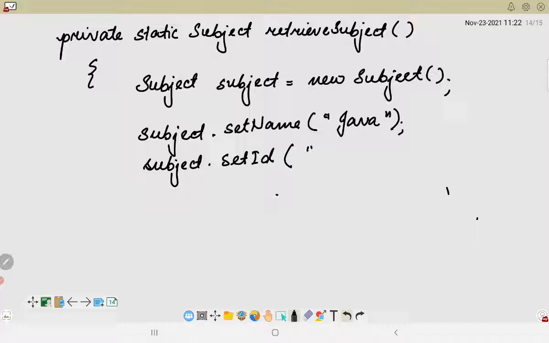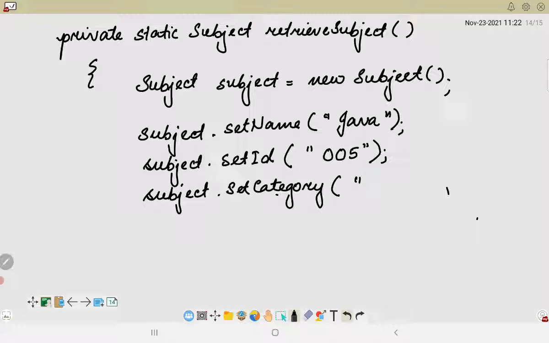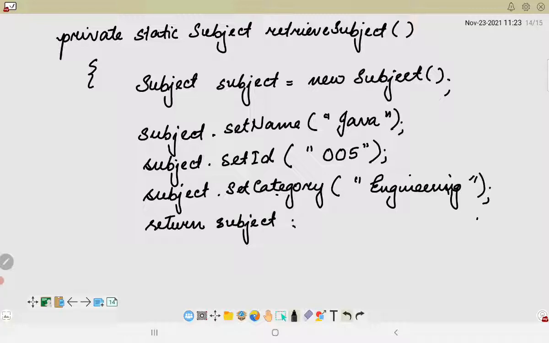So this will be, let's say, 005, and then let's say subject dot set category. This will be, let's say, engineering. Okay, so this is how basically we will be setting the subject's parameters, or the values which will be basically passed to the controller.